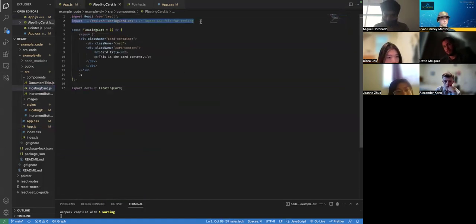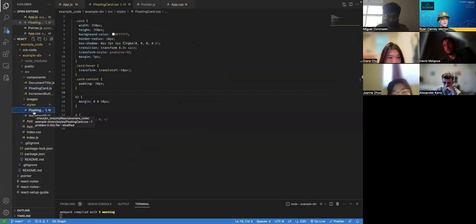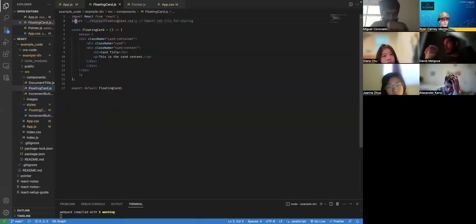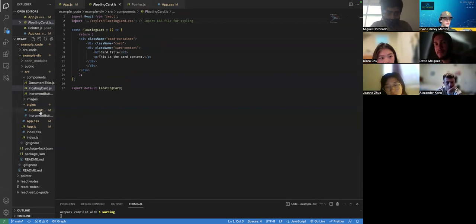So first of all, in our component, we wanted to import the styling for it, so the CSS file. In order to do that, I made a floating card CSS file. This just contains everything that I wanted to do inside of my floating card. Basically, we had to import it. So we used the logic that we have from the file system to get to our correct file and make sure that everything in that CSS file was able to get into our floating card.js file. If we look, I'm in floating card.js right now, and I am located in the components